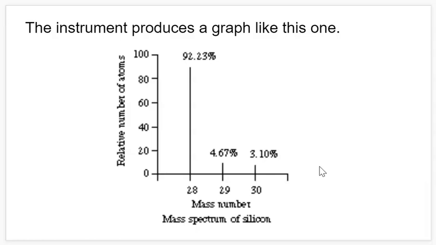And that's what we see here, because our common silicon, the silicon that shows up the most in the detector, has a mass of 28, which means it has 14 neutrons. But we also get a peak at 29 and a peak at 30, which correspond to 15 and 16 neutrons, respectively. But you'll see that these peaks are not as large, and that actually says a lot about the isotopes themselves. Because if any one sample of silicon is going to be mostly mass of 28, that tells us that